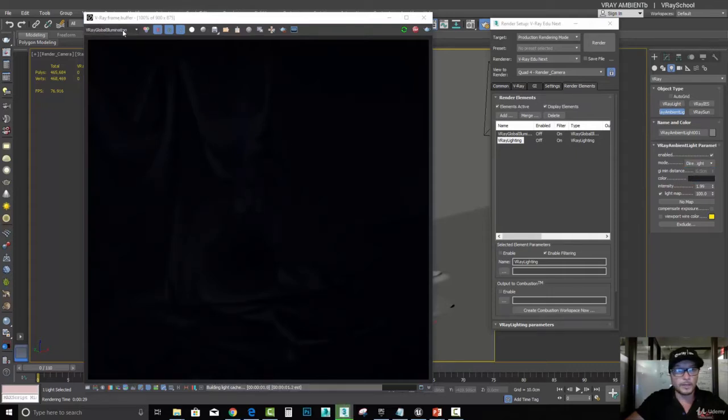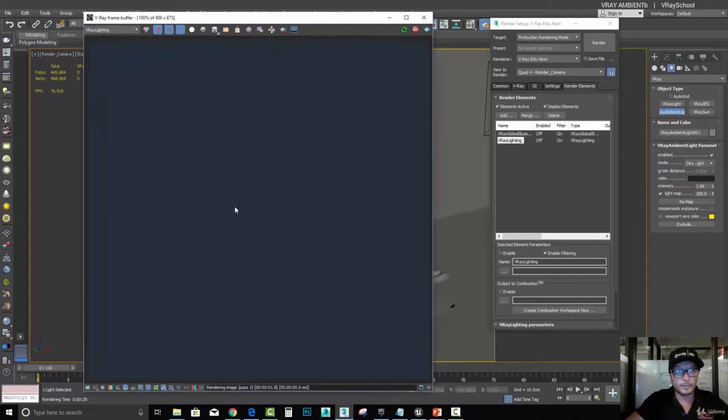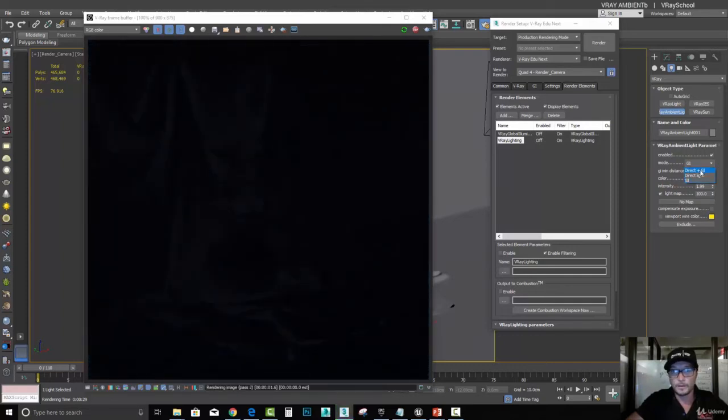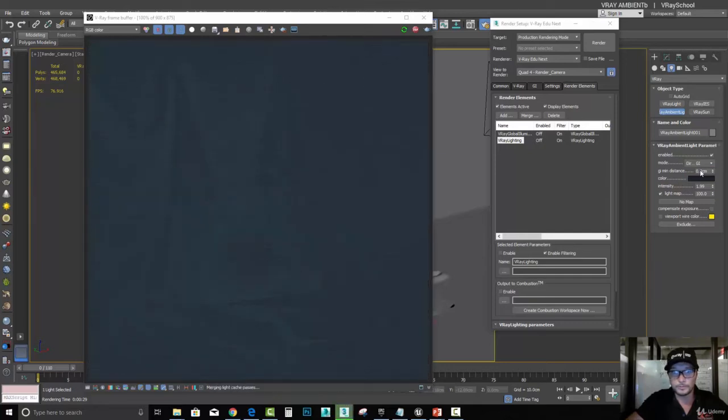So direct light, if we go to lighting, this is what we're going to get in the lighting pass, and this is what we're going to get in our RGB. So we can use here either direct with GI, just direct light, or GI. Those are cool options. Now let's put this back to 1